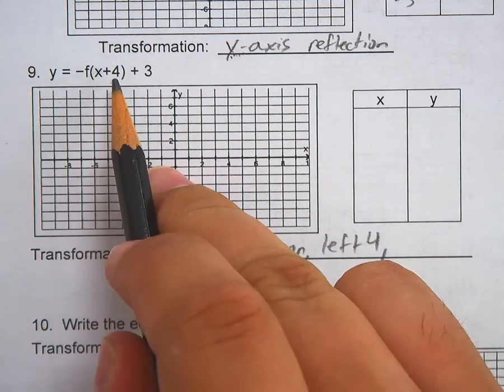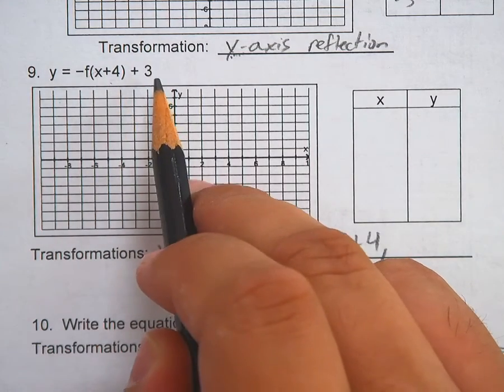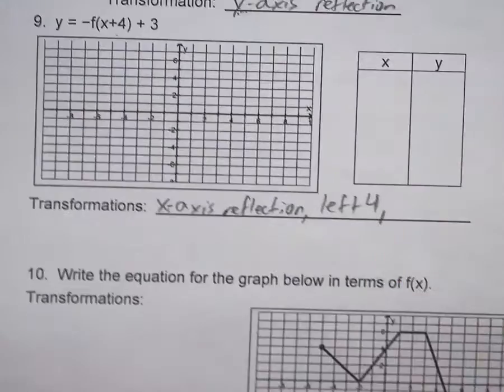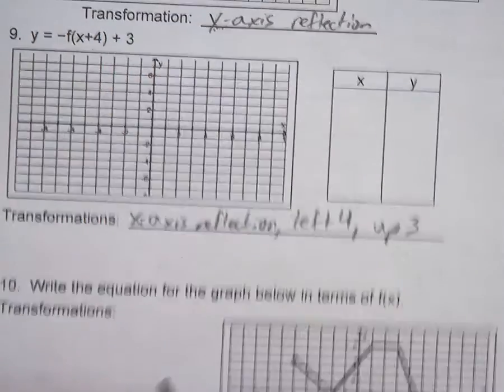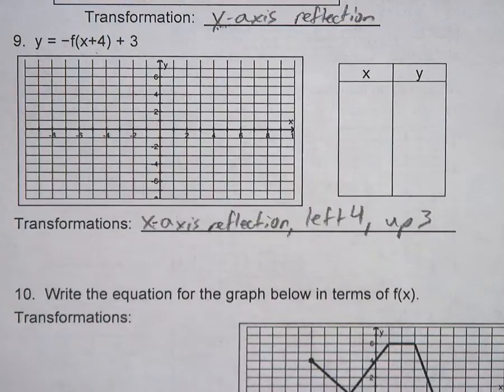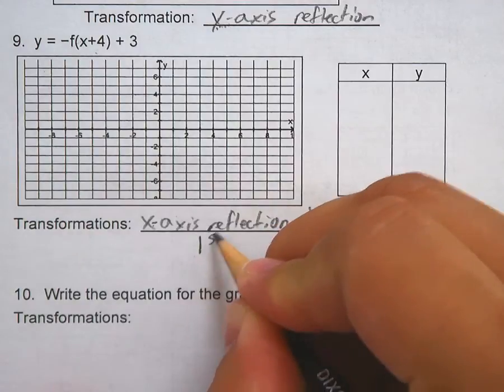See how you can give directions now? Left 4. +3 is going to move it what? +3 is going to move it up 3. Okay, so here's how I'm going to do this. Always do the reflections first. It goes like this. First,